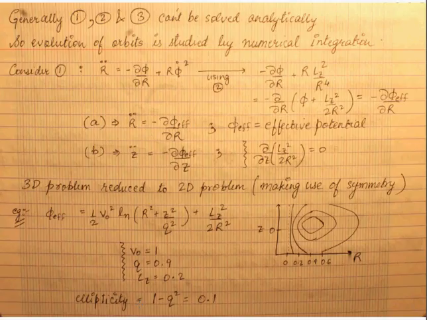So we define ellipticity for this potential as 1 minus q square, which equals 0.1. Basically, if q had been just 1, these equipotential surfaces would have been spherical, right? Because if q is 1, it's hidden, so it's just half v naught square log of r square plus z square. So this happens to be a spherical system. But if q takes some other value, then a certain kind of ellipticity exists in the gravitational potential, and that's given by 1 minus q square. This is just for you to visualize how the system looks